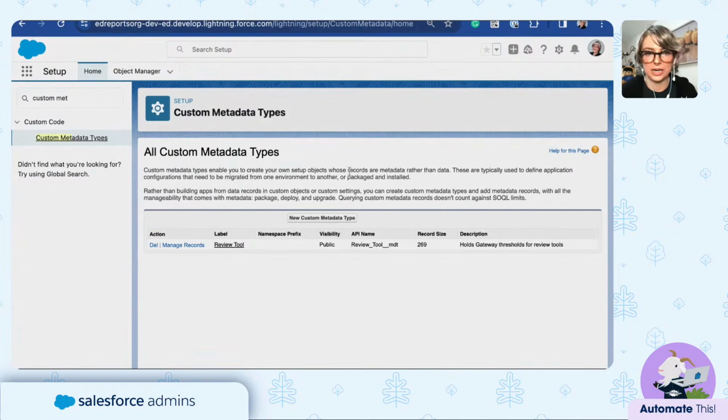So what is a custom metadata type? Custom metadata types are a lot like your traditional objects inside of Salesforce, but instead of being an object that's meant to capture data from your users for them to utilize, this is capturing data for Salesforce on the back end to utilize. It's a great place to embed your org's business rules, conditional standards,